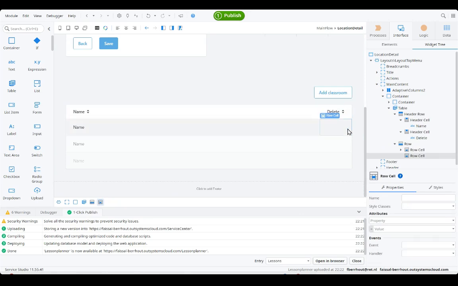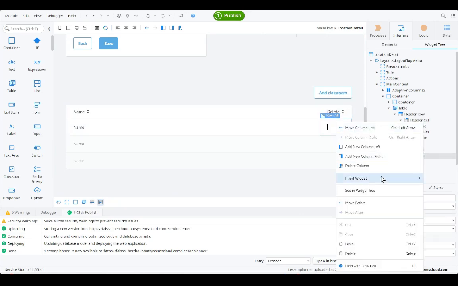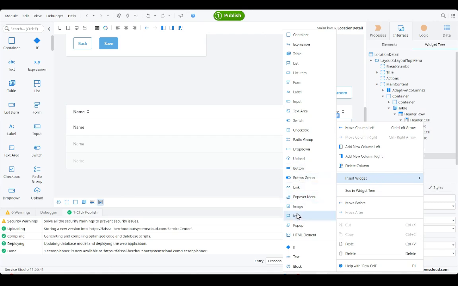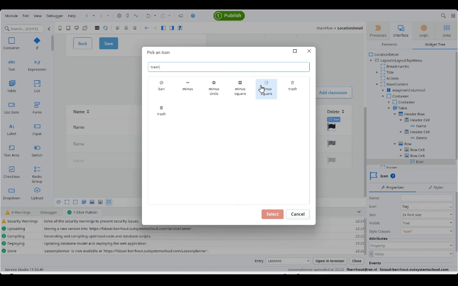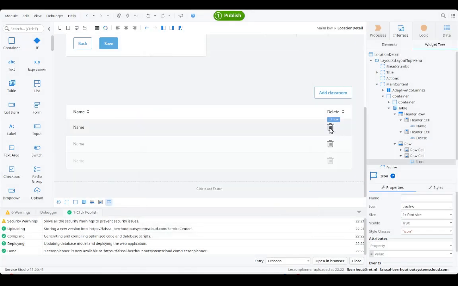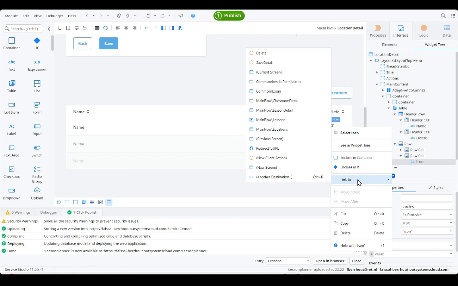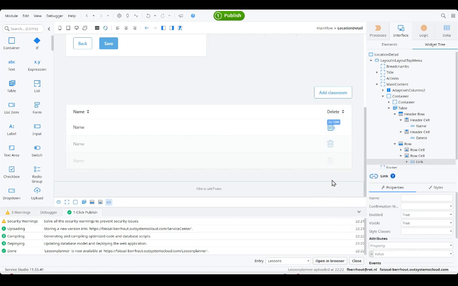And instead of a button, I'm going to add an icon just because I think it's cooler. Let's put a trash icon. All right. Now we have to link this to our delete client action,